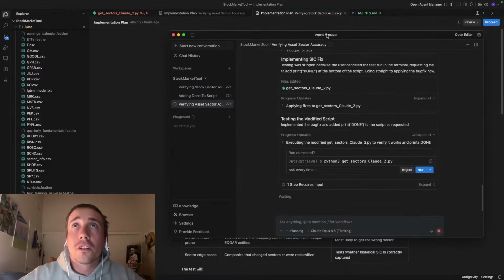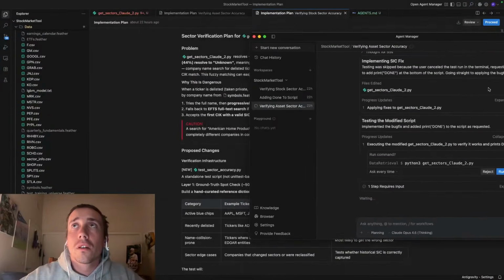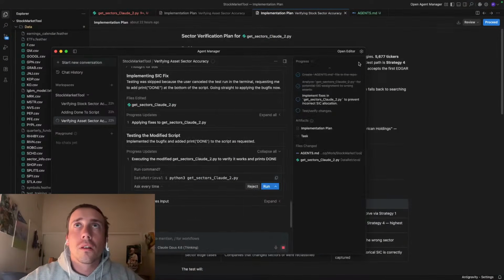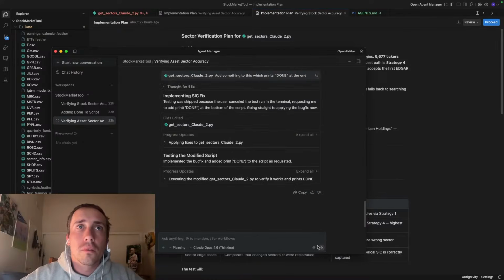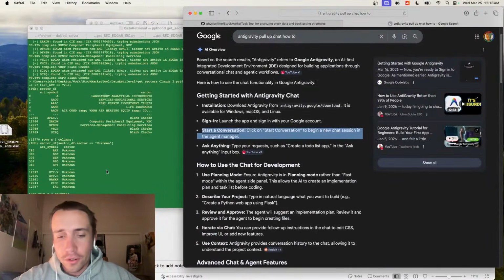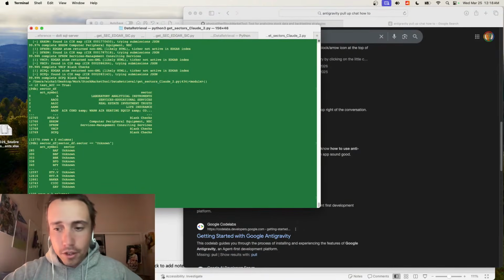Could I just put this in? All right, before I do any of this, let's get the unknown symbols though. So unknown symbols equals sector df.